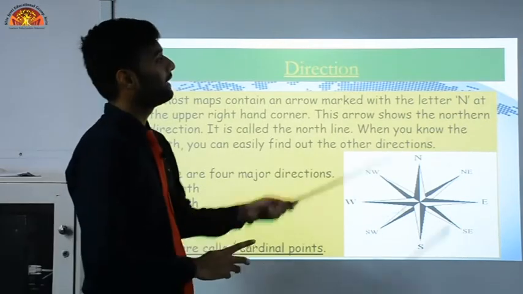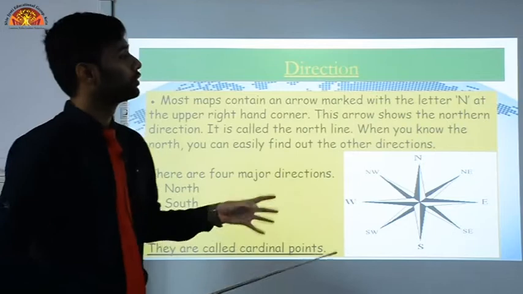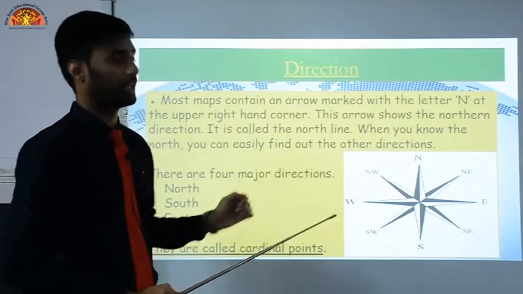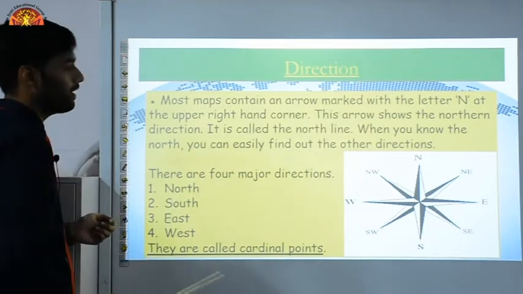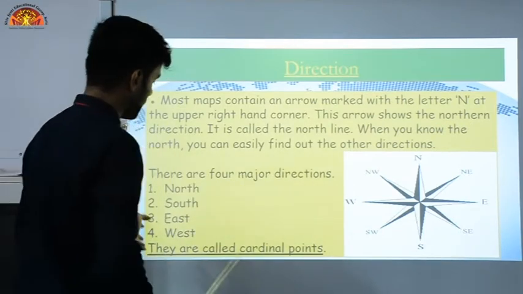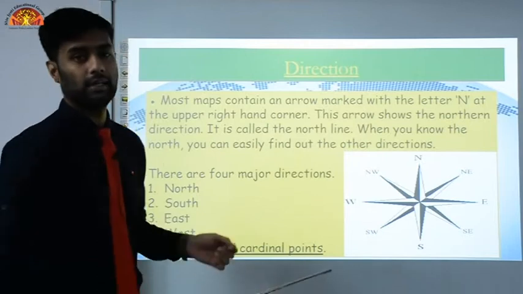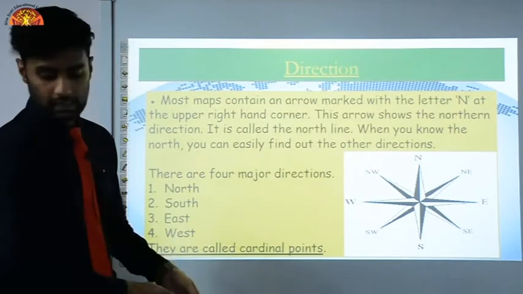Why is the arrow shown at the top right corner? So that you can see where the directions are. There are 4 major directions. You already know this: north, south, east and west, which are shown by this. These are the cardinal points or cardinal directions. Apart from these 4